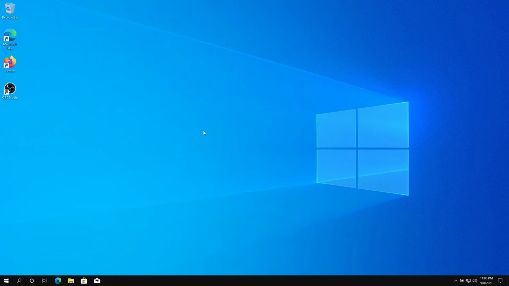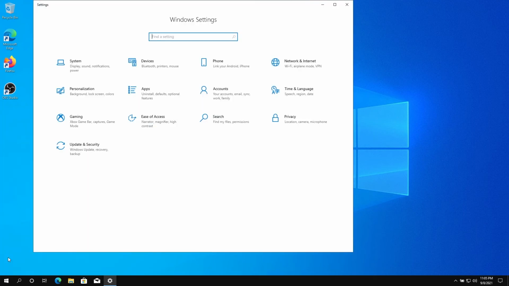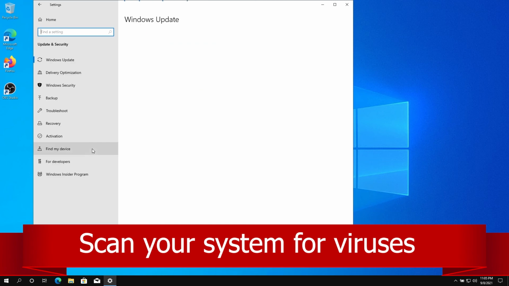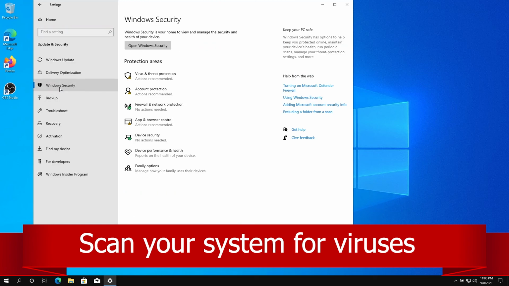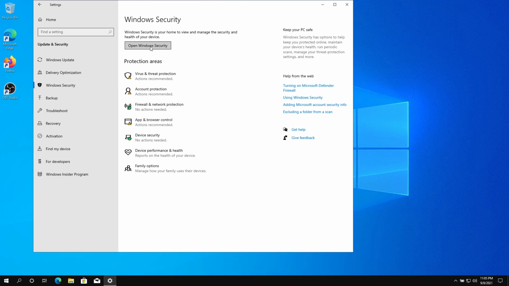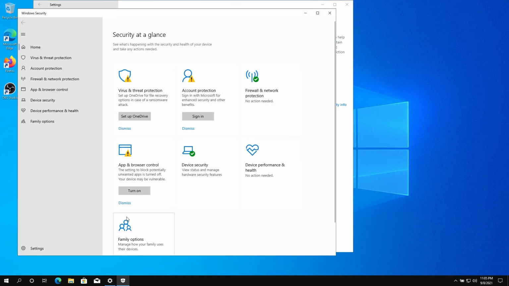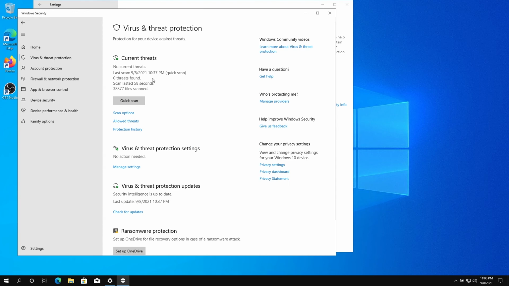because depends on how many updates you have, it might take a while. Then another thing I would recommend to do, this is also will help with your system. If it's running slow or laggy, press on start and go to settings, and in settings, press on update and security, and in here press on Windows Security, and then open Windows Security. Then this window is gonna appear, and I would recommend turn on app and browser control, and then you can press on virus and threat protection, and then it's gonna take you to this page, and right here just press on quick scan,